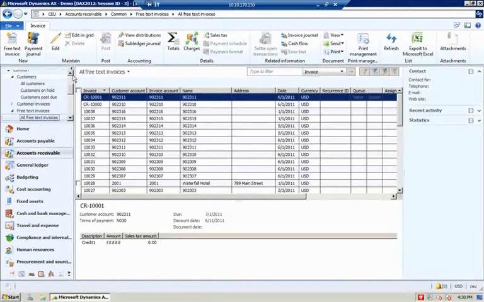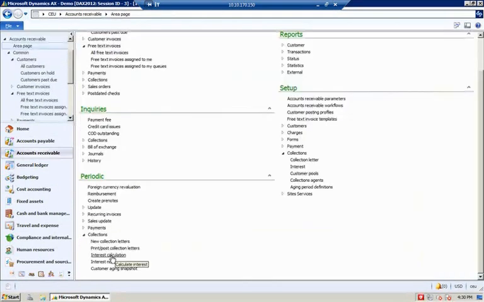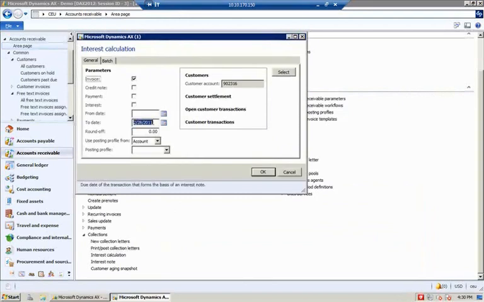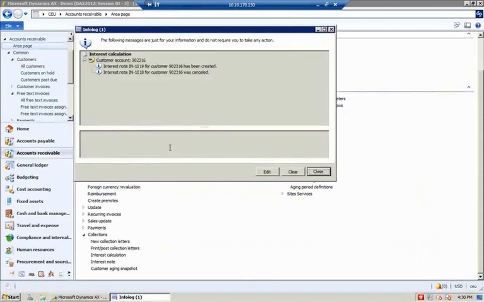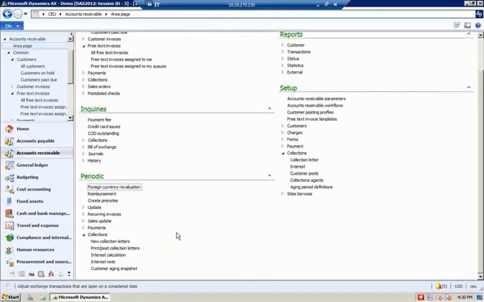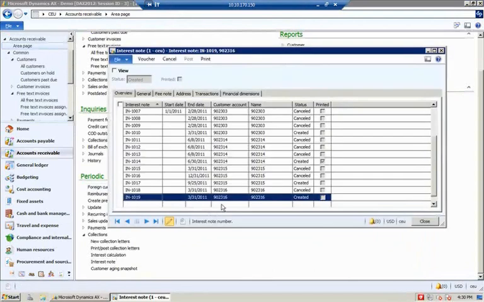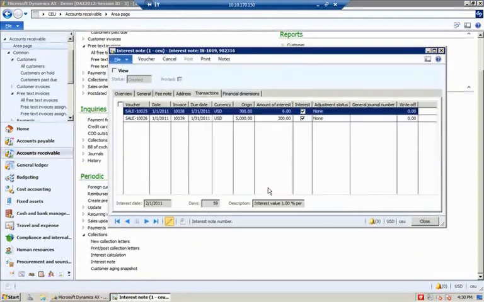Once these two are posted, we'll go back to our area page. And in the periodic section, we're going to go to interest calculation. And we'll run our interest calculation to the end of March for our specific customer. Click OK. And when we look at the interest note, click on the Transactions tab, we can see that we